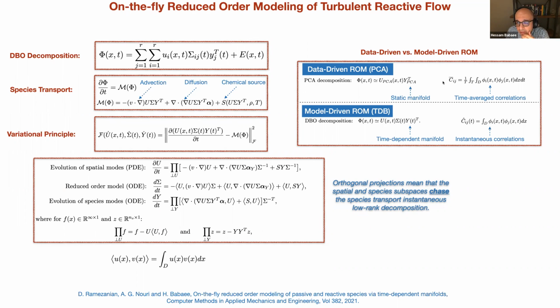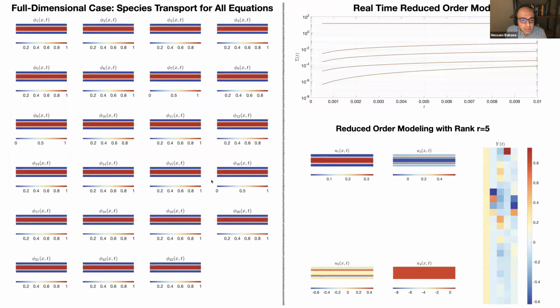But here, like I said, this is also time dependent as opposed to static here. And so this is really the main fundamental distinction. The other thing is that this is not data driven. This is what we call a model driven time dependent basis. Okay, but this is not commonly done in combustion, and I'll compare some of the results against that, so we'll see that. So going back to the problem, I was just talking about my first slide.